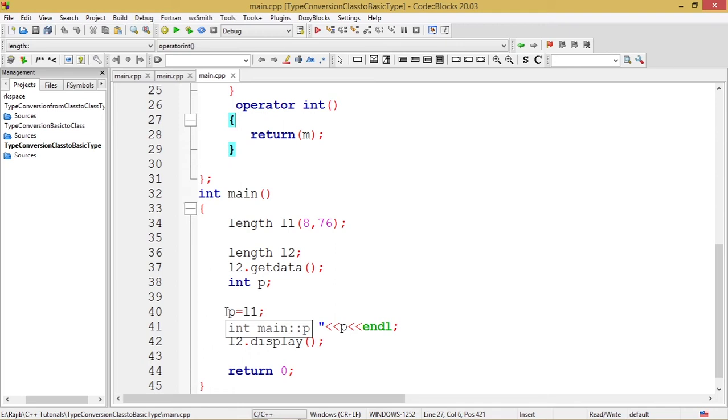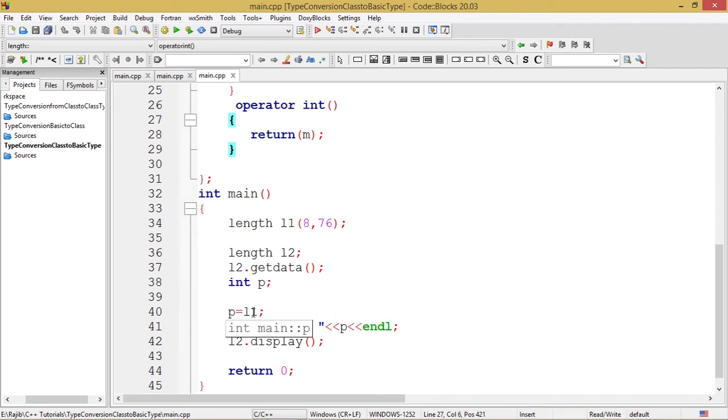That is, the purpose of this video is being implemented in this small expression statement which reads p is equal to L1. On the right hand side of this assignment operator there is an object of the class type length, and on the left hand side there is a variable of a predefined data type, integer.